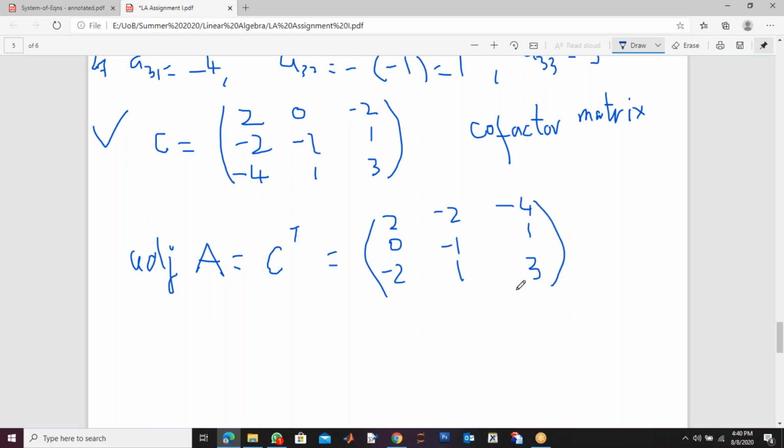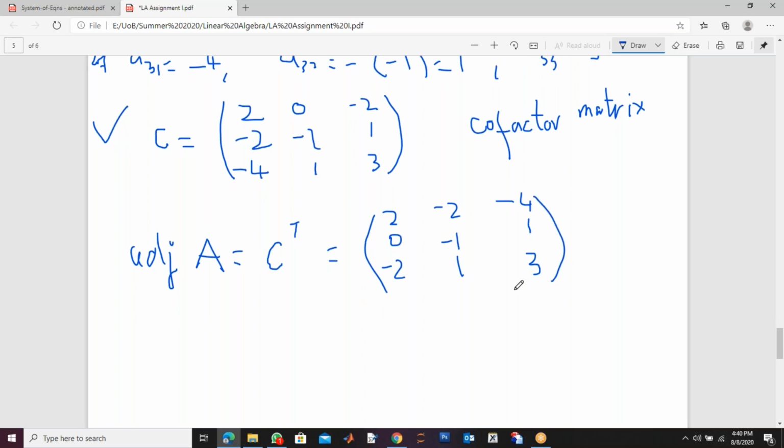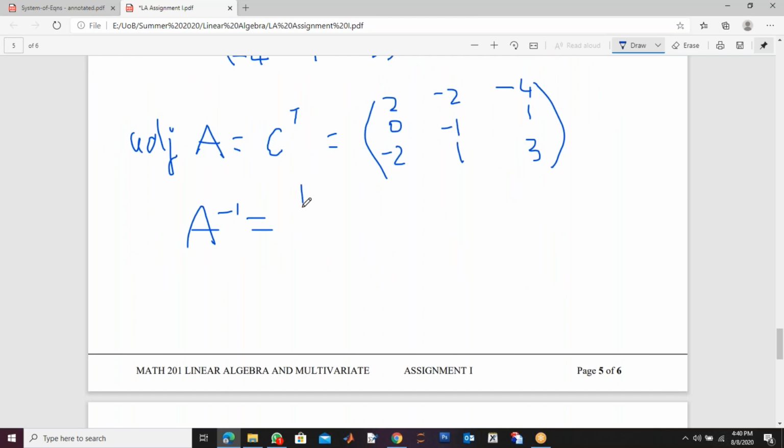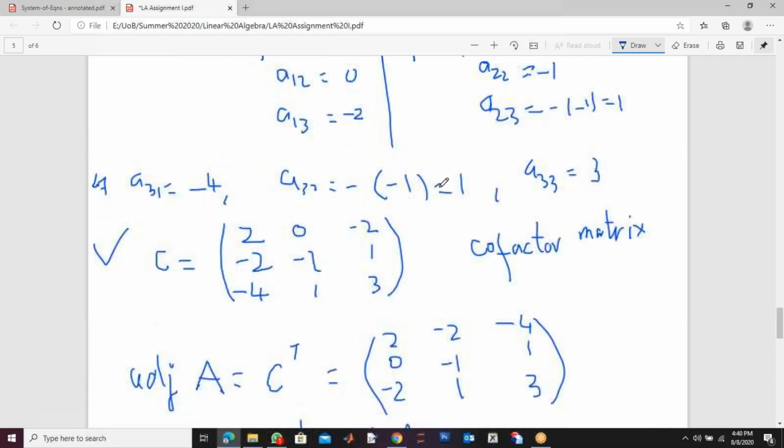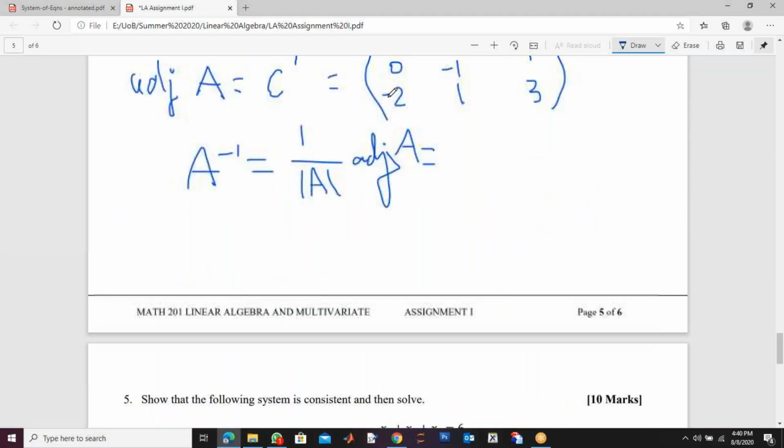So at the end, what is your A inverse? Your A inverse is 1 over determinant of A, which was minus 2, right? And adjoint of A. So divide adjoint of A by the determinant. The determinant of A was minus 2. So if you divide every term by minus 2, you will get